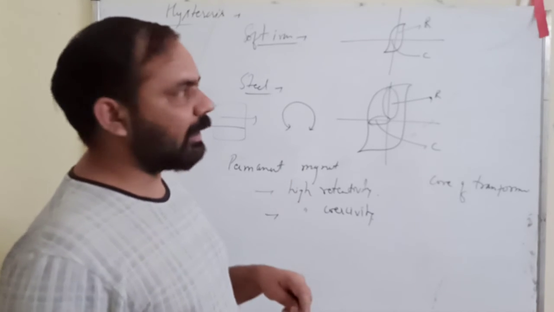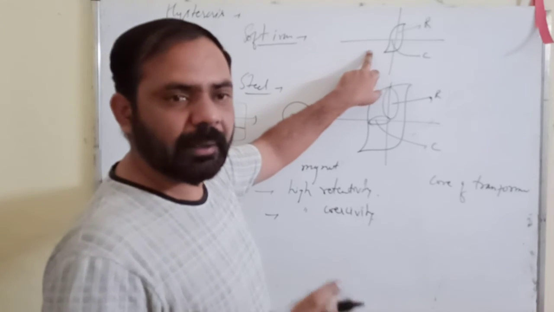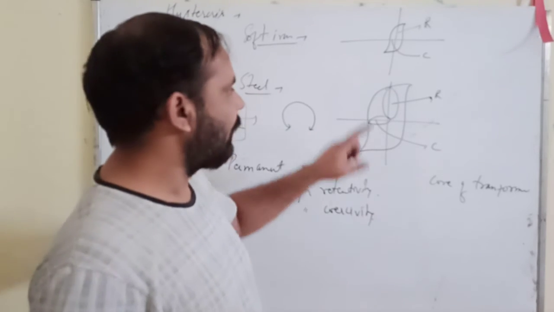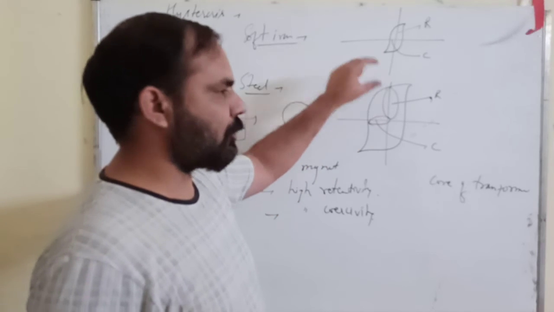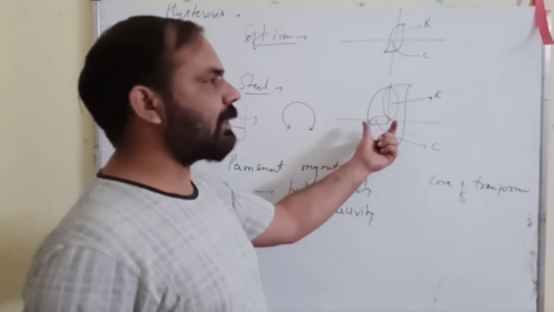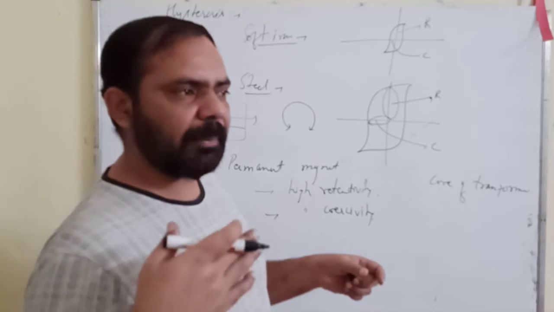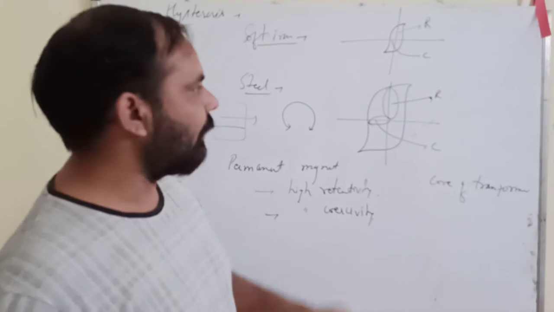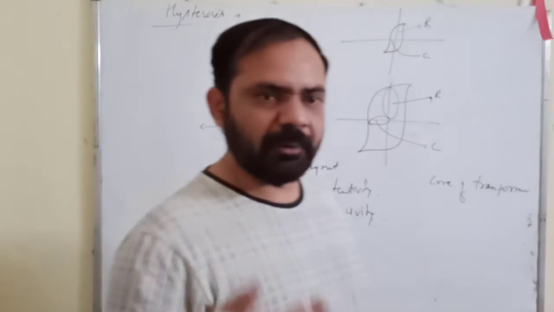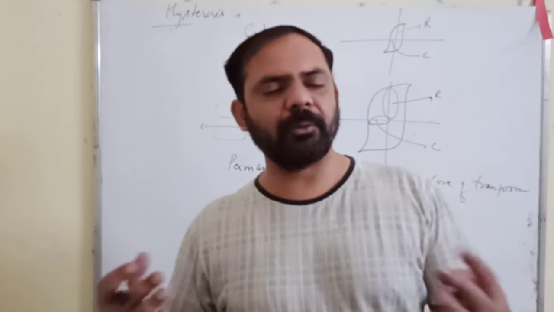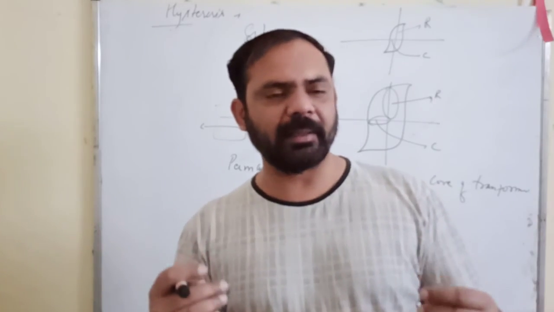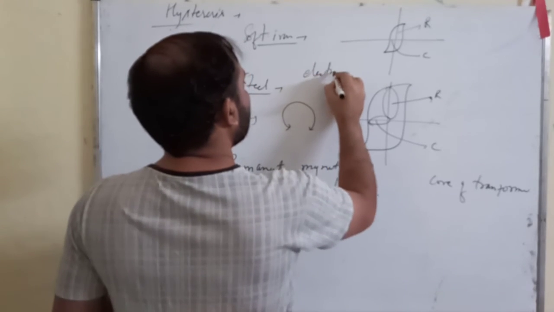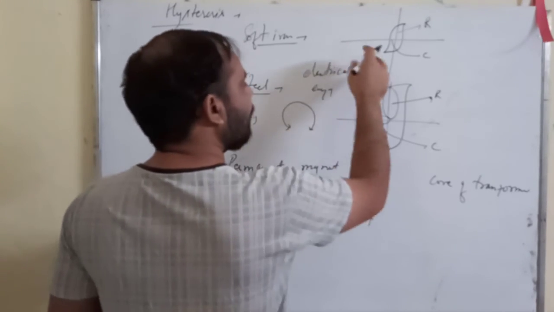And what property do we need? It should not retain its magnetic properties. Once you demagnetize it, it should lose its magnetic properties. So its retentivity should be low, and it should get easily demagnetized when we apply a magnetic field in the opposite direction, meaning low coercivity. Again, how will it magnetize? For the purpose of magnetization, it will consume electrical energy. With the help of electrical energy, it will get magnetized.